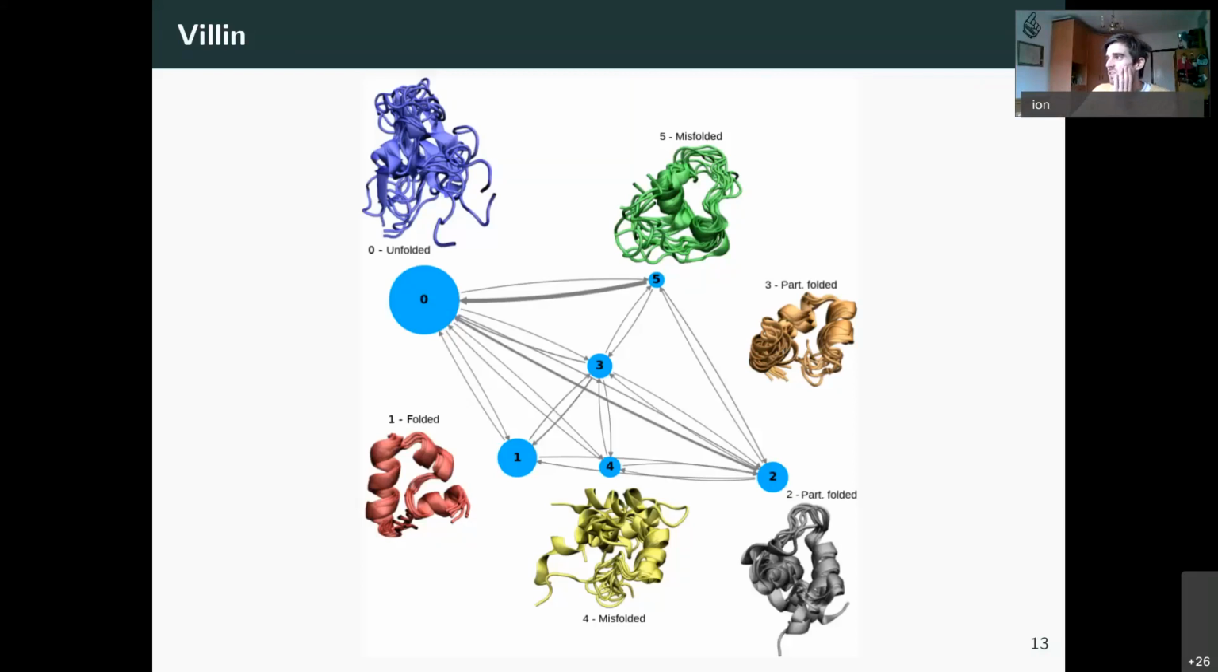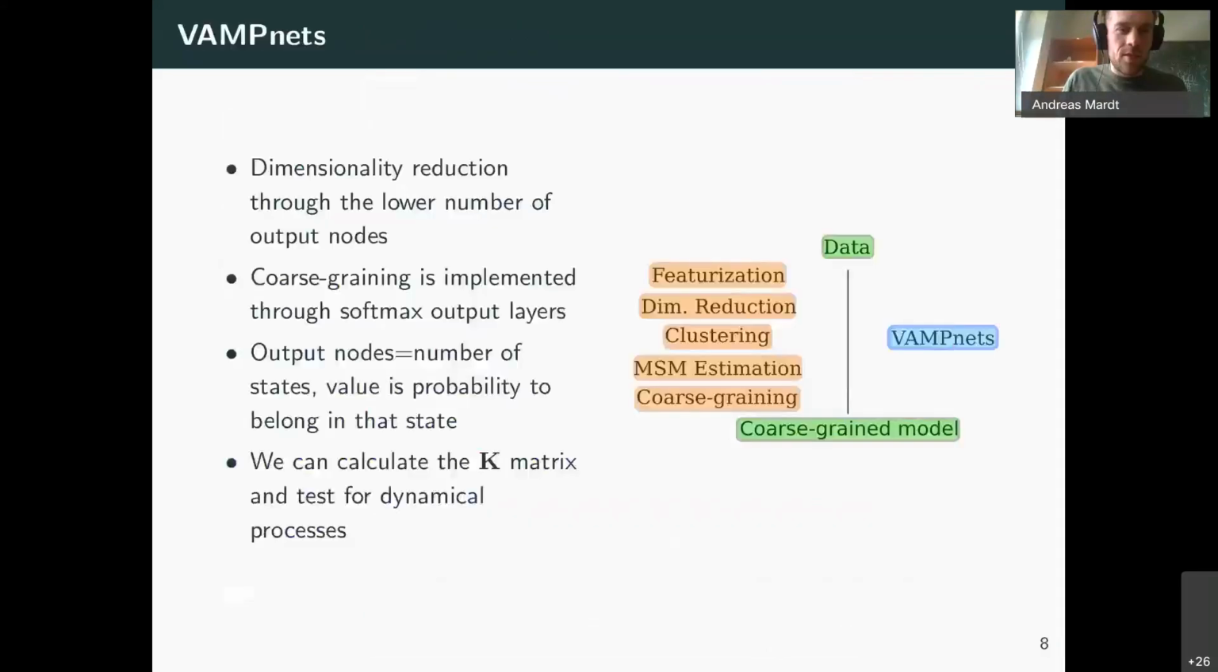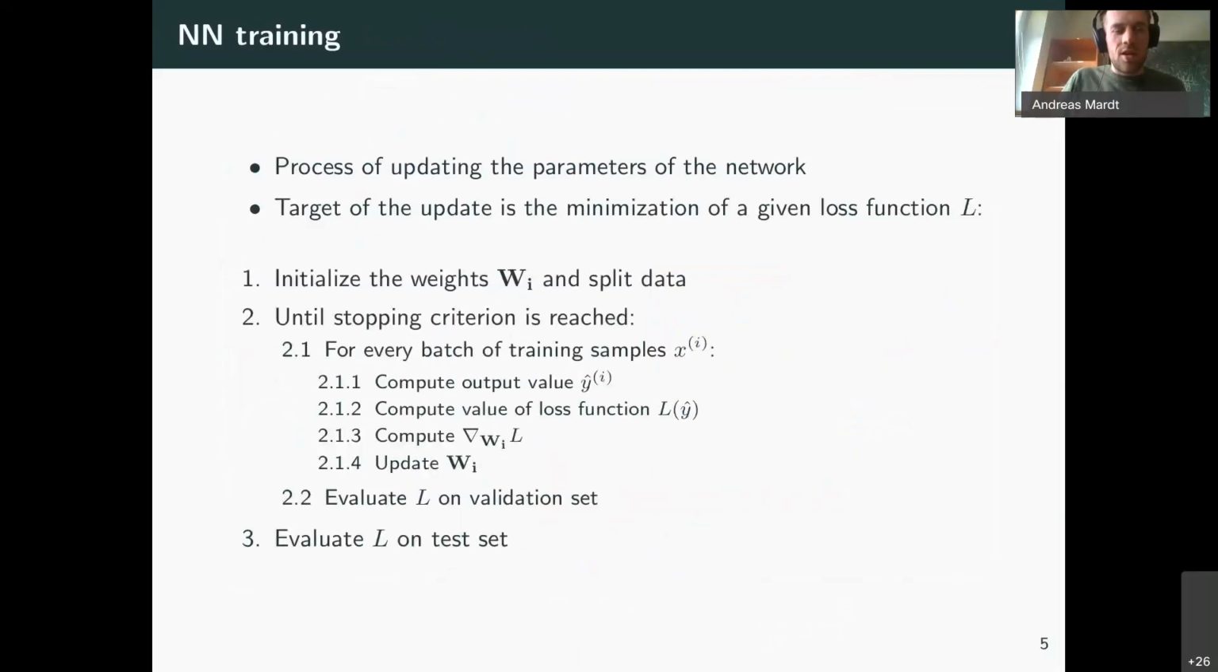Yeah, so, okay, this part I skipped a little bit, I'm sorry. So in neural networks, right, I just said you will